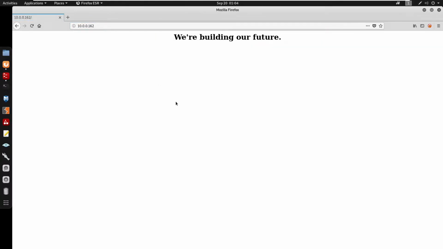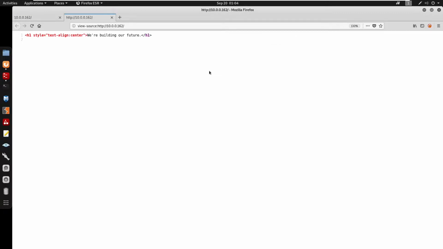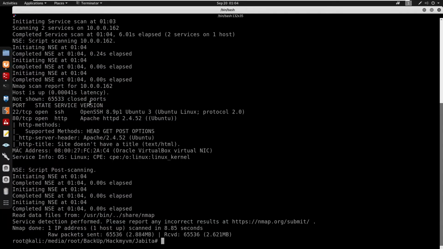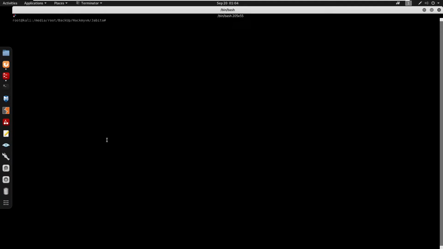Doing this, it does seem like a building site. We'll do Control-U for the source code, and it doesn't seem like there's anything there. So I'm going to start by doing some more enumeration. We're going to get Gobuster, so we'll open a new terminal. We zoom in, we'll do gobuster dir -u to the IP address, -w for /usr/share/wordlists/dirbuster/directory-list-2.3-medium.txt, with extensions html, txt, and